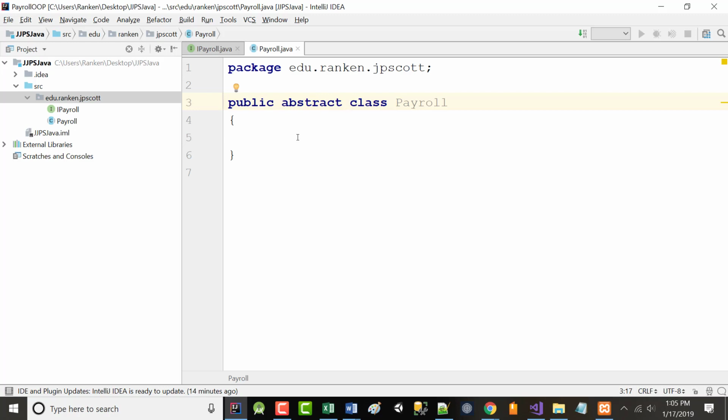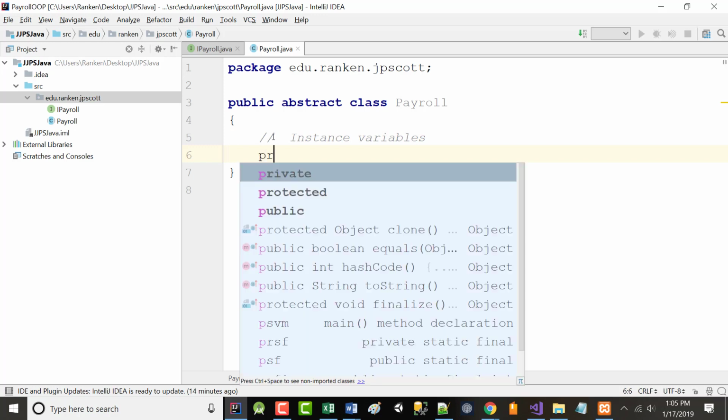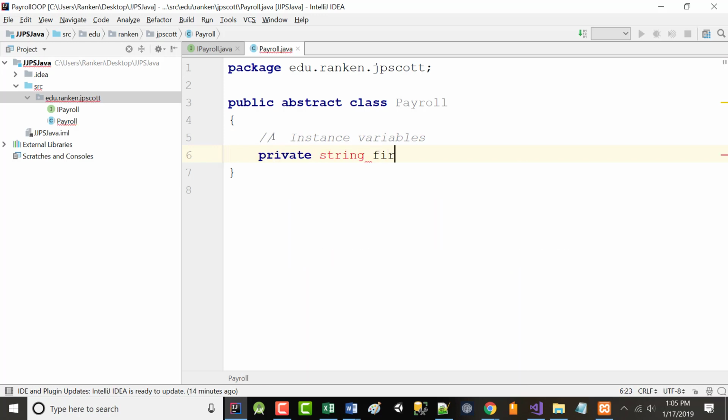So let's put in our class variables. I should say our interface variables, sorry. Instance variables. That's instance variables. Just like we've done before, we'll have private string first name, private string last name, and we're only going to put one other field in here.